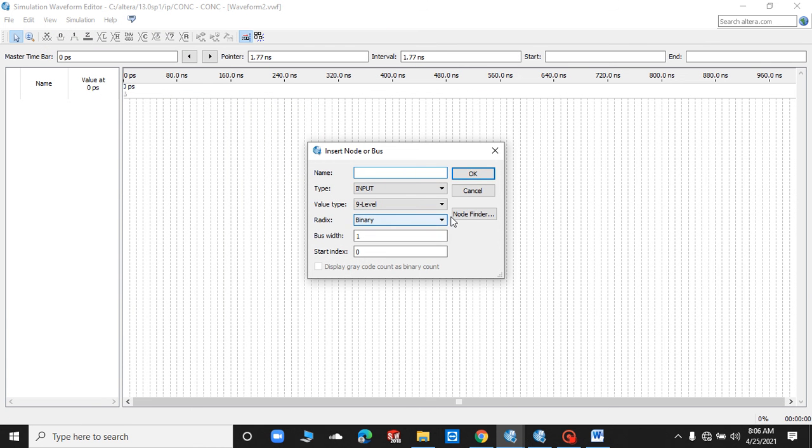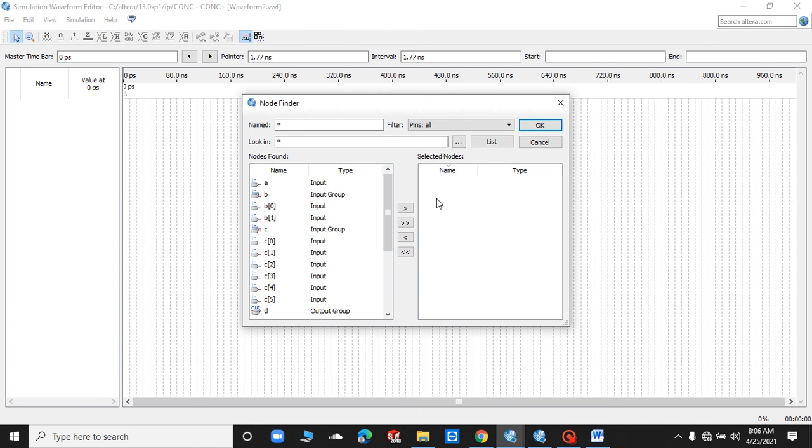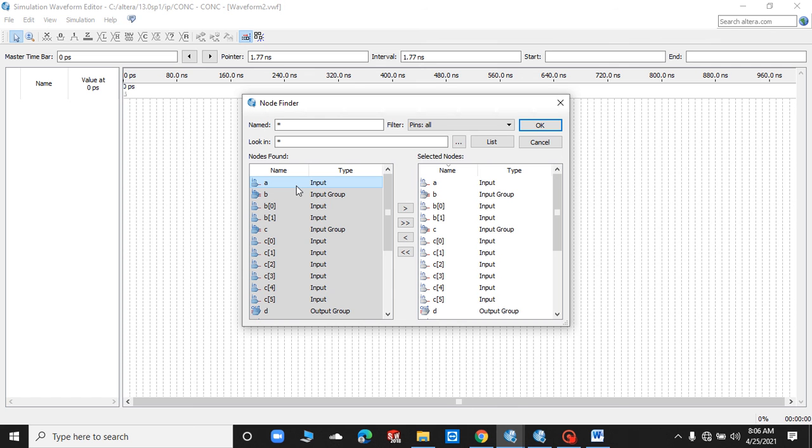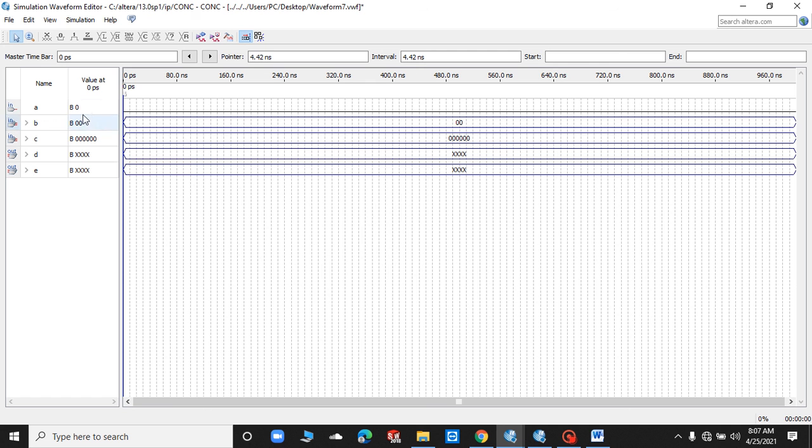The node or bus, node finder, list, and list all. This is a. The length of the a was 1, so I am getting only a 1. Length of the b was 1, I am getting b1. The length of the c was 6, 4, and consecutively I am getting the inputs. Click on OK and click on OK.